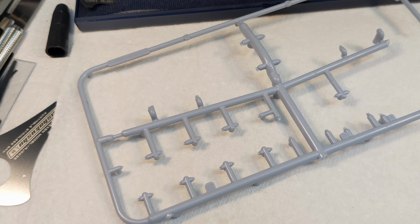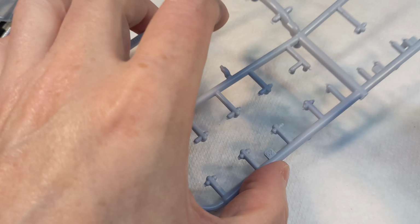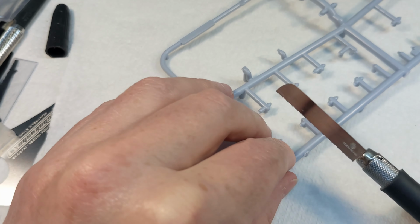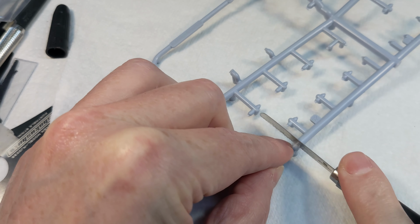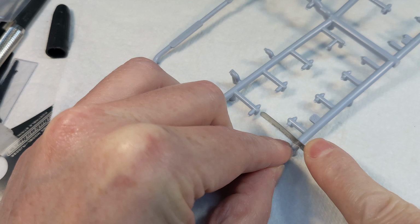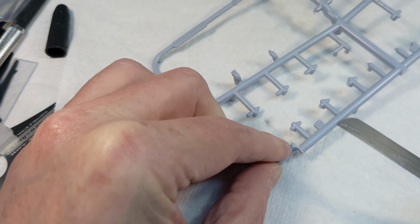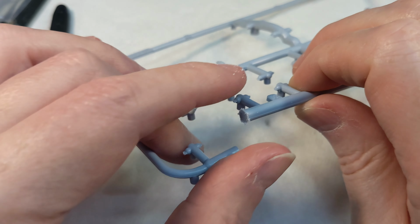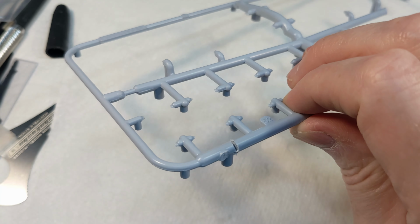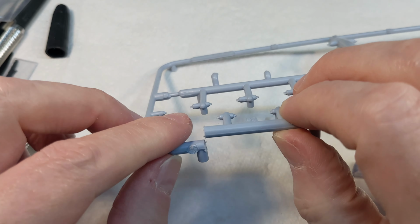So let's do some cutting and see what happens. We'll start with our Manoir one again. Let me move this one out of the way. And we will just cut through here. Right, there we go. Now, as we can see, that has made a fairly rough cut, and it's left a lot of stuff around the edge that's going to need to be cleaned up. But it is a nice straight cut,